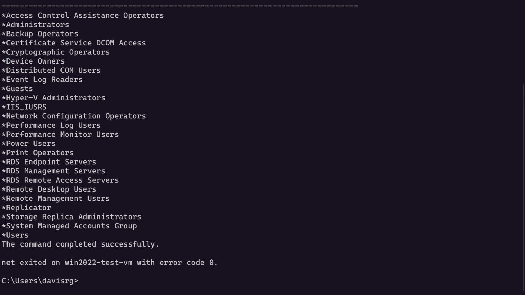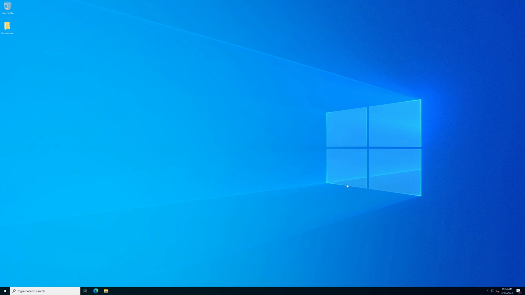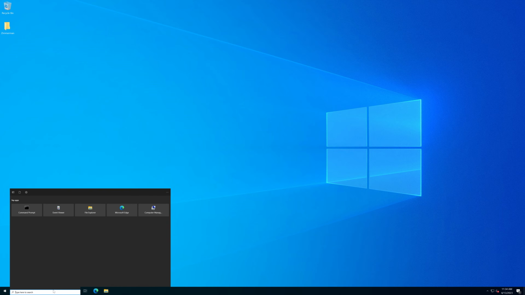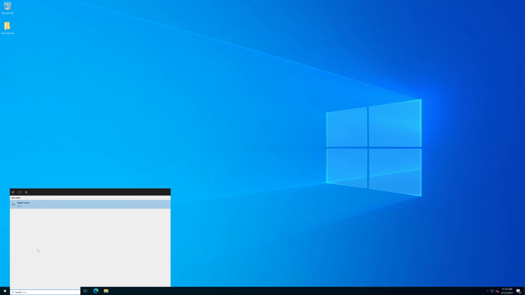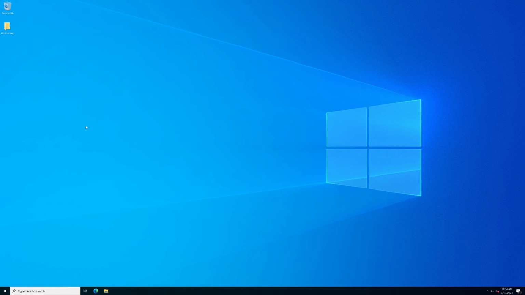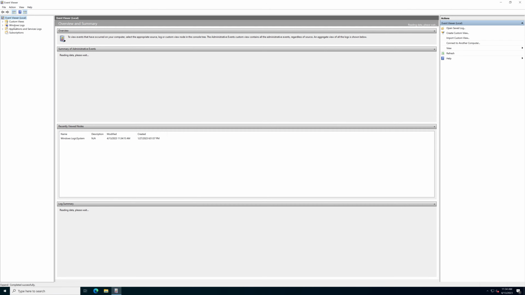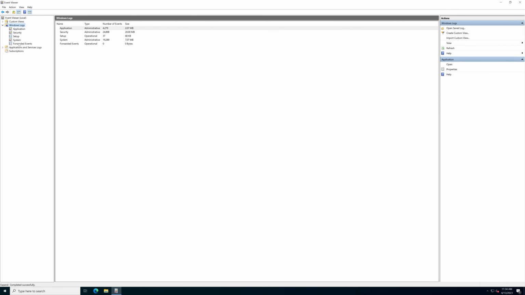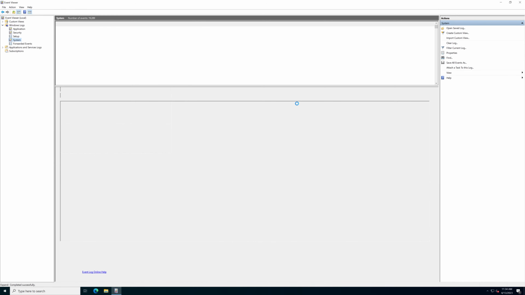Now let's hop over to that RDP session to this Windows Server 2022 box and take a look at what we have. Let's start by loading up the Windows Event Viewer. So I'll just start typing in event right here, and then we'll click on Event Viewer. And of course, we're going to drill down under Windows Logs under System. And you guessed it, we're going to filter the system log or channel for event ID 7045, which should show